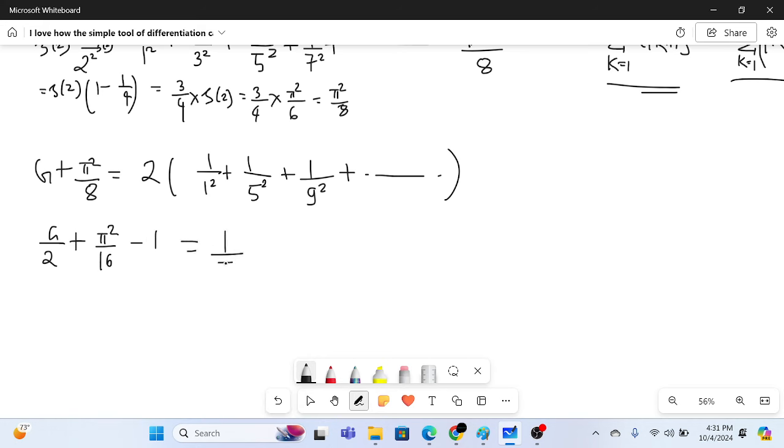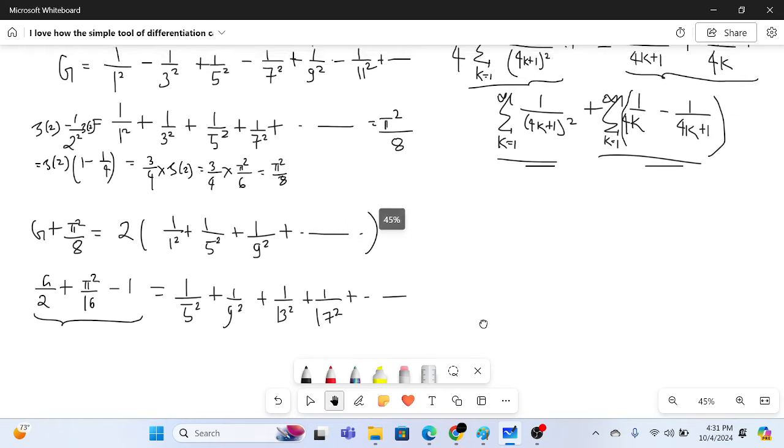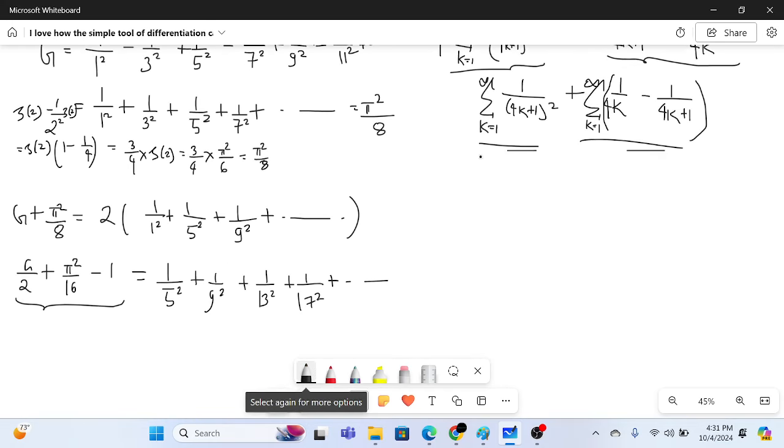So this is our required sum, 1 by 5 square plus 1 by 9 square plus 1 by 13 square plus 1 by 17 square, and so on, right? Yeah. So we have the value of the first sum, which is g by 2 plus pi square by 16 minus 1. Okay, that looks good. Now next one